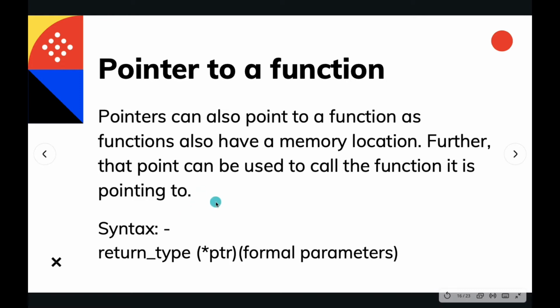Every function has an address location in memory, and if you know the address of the function, you can access the function through its address directly. A pointer to a function is declared in this manner. You can see the syntax here. Similarly, as we use pointers to point to variables and then use those pointers to access the values the variables are storing, we can have pointers that point to a type of function, and we can use that pointer to call that particular function.